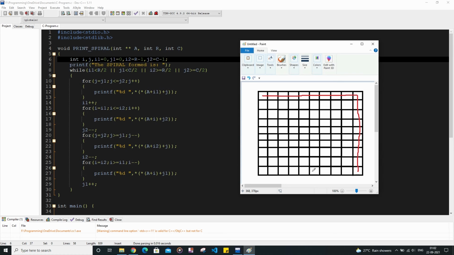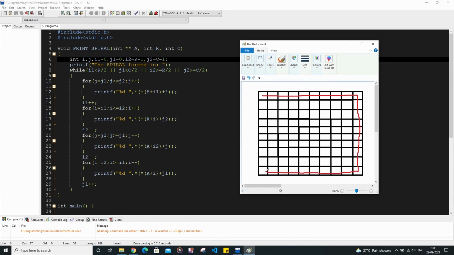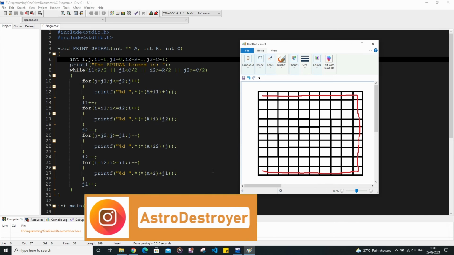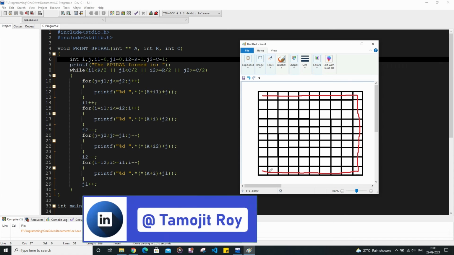And for printing this row over here, this for loop will print this row, and after printing this row we are going to decrement the i2 value.